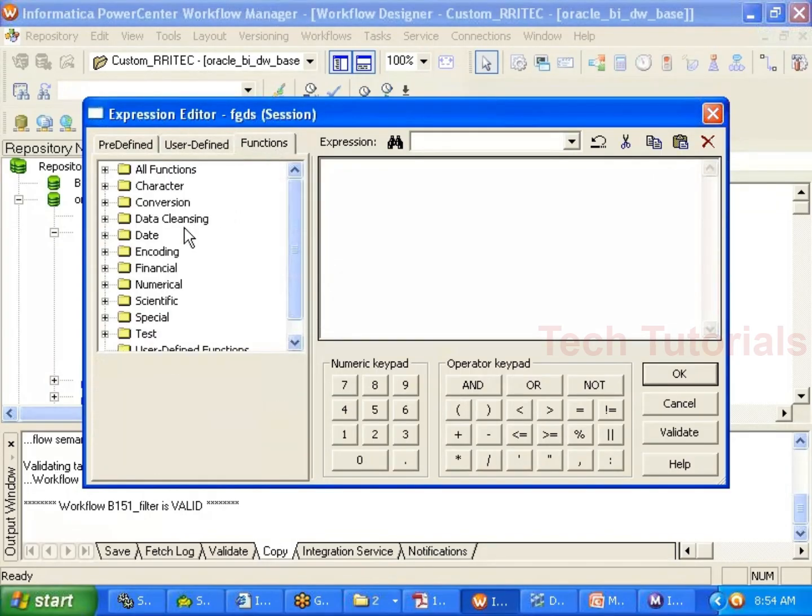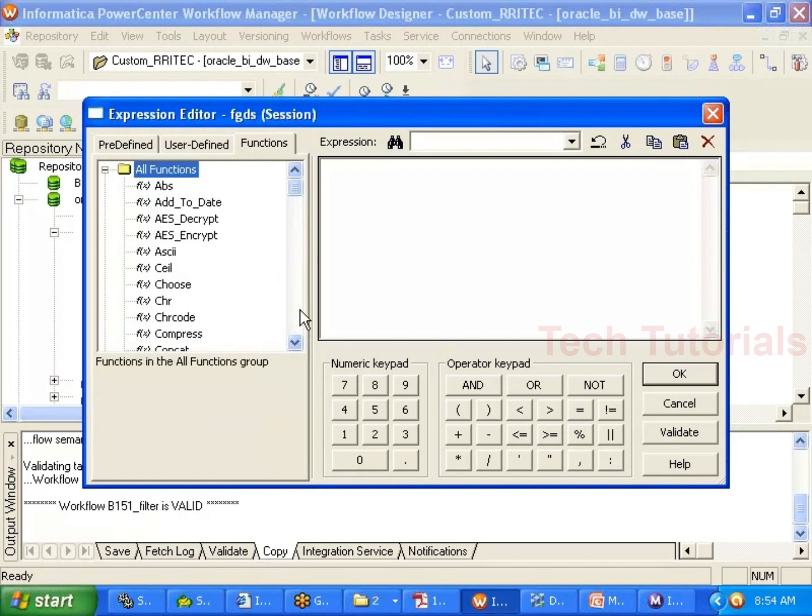User defined functions. There you can see special, scientific, numeric, financial, date, all functions. There I have